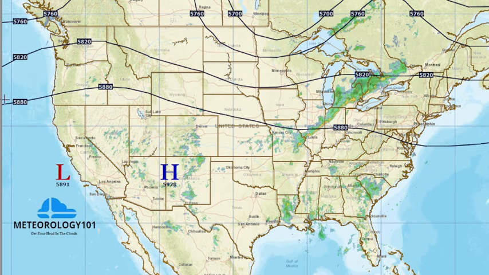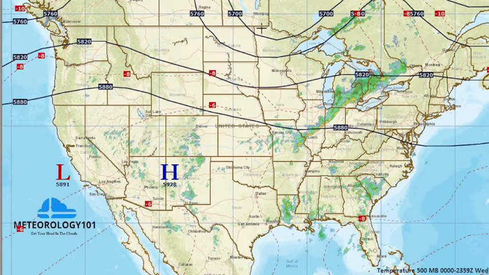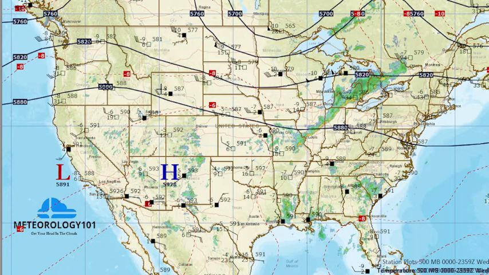Now let's throw the isotherms on here. I'm going to throw Celsius, so we can see the thermal advection if there's any. Really not much going on there, so this is kind of a poor example. One more thing, we'll put some station plots on here just because. And then we'll go back and get rid of this and pull up